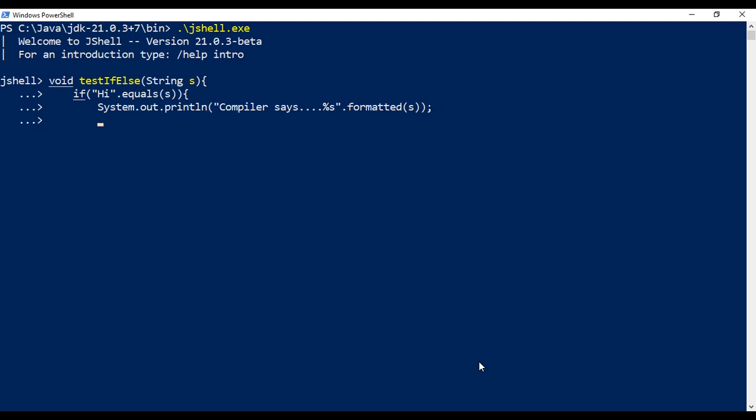And if we look at any other else conditions, for example, hello, the string equals hello, then